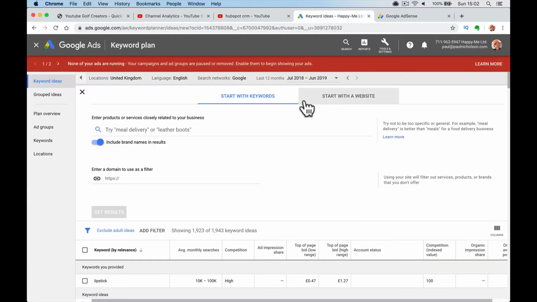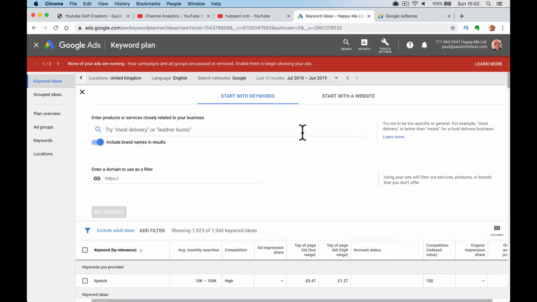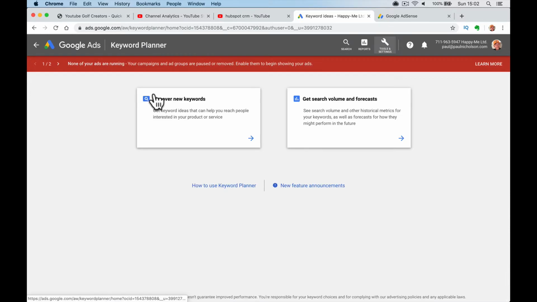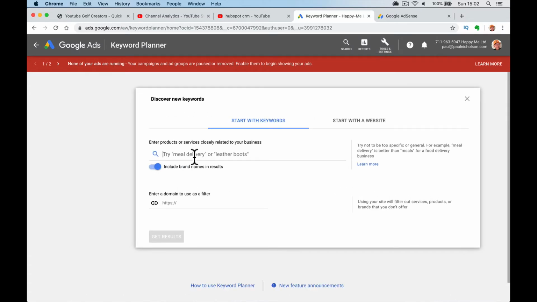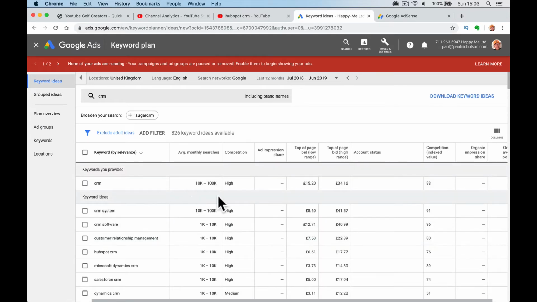So what you go to as an advertiser, if you're wanting to put your advert in front of my videos for specific people Googling that type of thing, you're going to come here to Google Ads. This is where people pay to put adverts up, right? And I'm going to go Keyword Planner, CRM, because that's what my top videos are, right? So when you go CRM, the top click, the cost per click, this isn't cost per million views, this is cost per click.